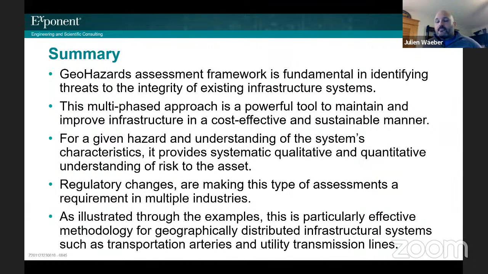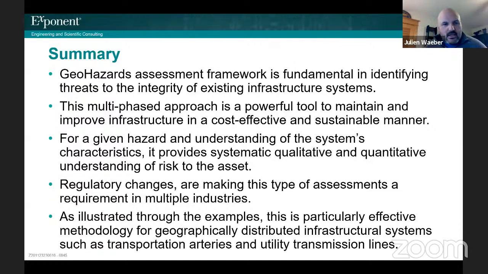So I guess in summary, I think this geohazard assessment framework is really fundamental in identifying the threats to the integrity of your existing infrastructure systems. And the multi-phase approach that I've discussed today is really a powerful tool to maintain and improve your infrastructure in a cost-effective and sustainable manner. For any given hazard, and understanding of that system's characteristics, you can have essentially a systematic qualitative and quantitative understanding of risk to that asset, whether it be done through fragility curves or the hazard factor